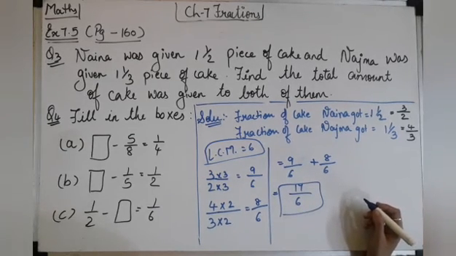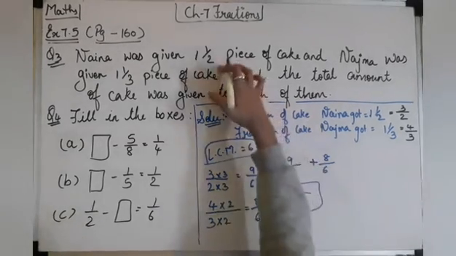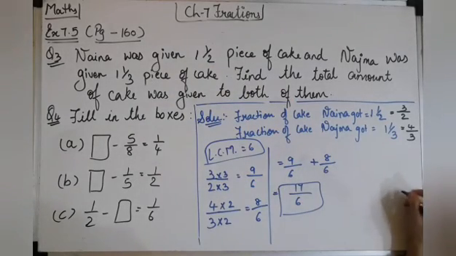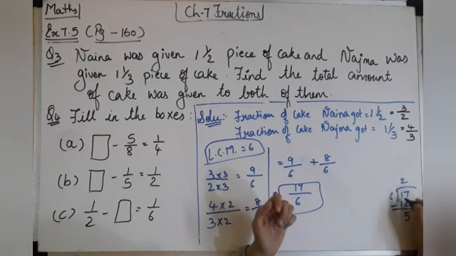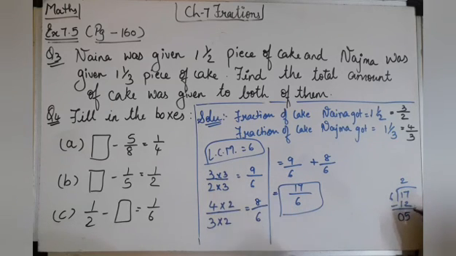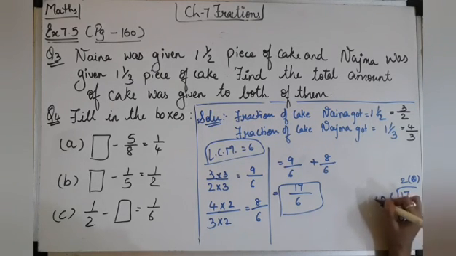And you can also write it as a mixed fraction, because in the question the mixed fraction was given. So you can divide it. 17 divided by 6. In the 6 table, 17 is not coming, but what is coming? 6 1s are 6, 6 2s are 12, and 6 3s are 18, which means it is bigger than the number. So we'll take 6 2s are 12. 17 minus 12 is 5. So this is the quotient, this is the remainder, and this is the divisor.